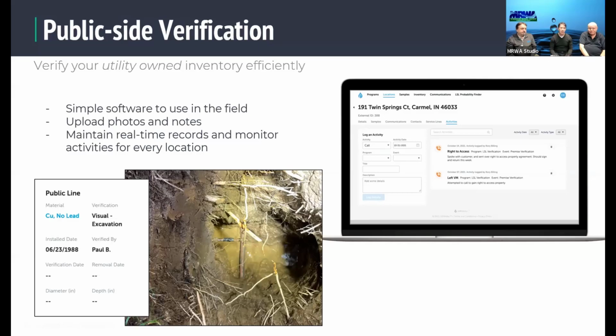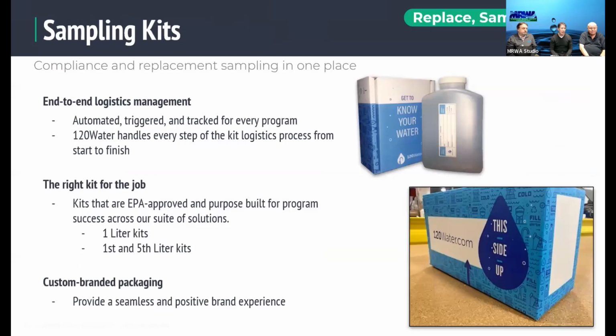So next slide, please. And again, going back to the whole idea of what we do, I speak mostly to inventory because that's the most pressing issue. If there's additional testing, whether it comes from disturbance or sequential testing, there's a whole lot of things that we can do. We actually began as a water testing company 7 years ago. We've been doing this forever and we can help you guys automate it and go with it. This is not getting into the 1st and 5th liters, which will kick in after 10, 16, 24. This is just testing that might help build a better inventory. Next slide, please, Andy.